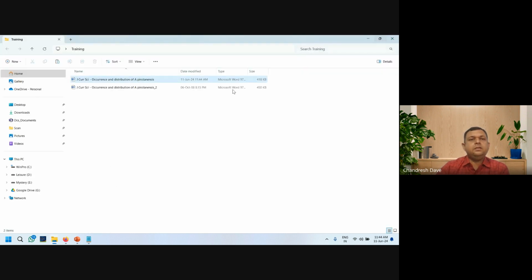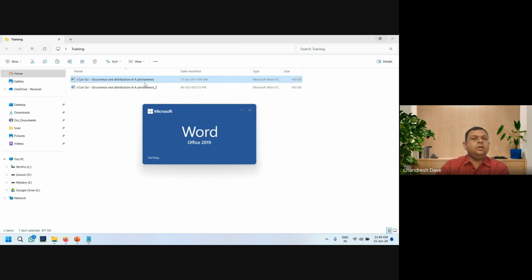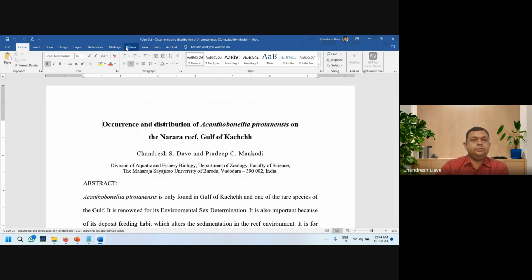So one thing is, we go to the metadata of that file, we find the date modified and time of modification. By that manner, we can finalize which one is the latest copy. But out of which one has the difference, there is another feature in Word, that is compare feature.